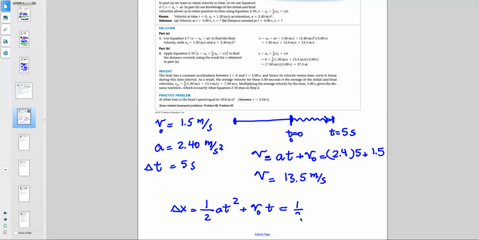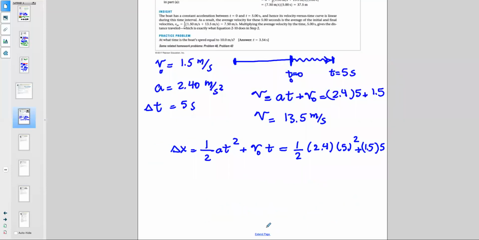half is just 1 over 2, right? a is 2.4 meters per second squared. And t is just 5 seconds, so t squared is 5 to the power of 2, which is 25, right? Plus v0, the initial velocity, 1.5, times t, which is 5. So times 5. Okay. So what I have here is delta x equals 1 over 2,